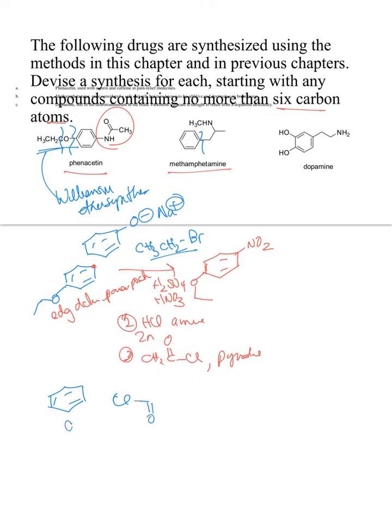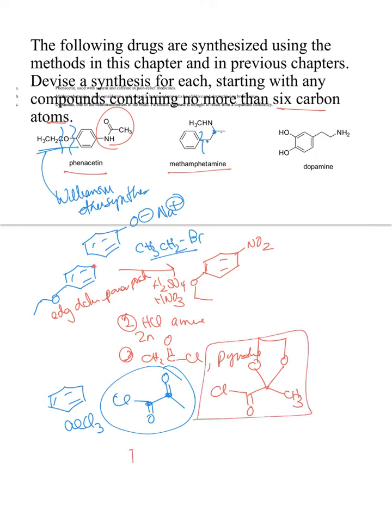So you know when you do Friedel-Crafts, you need aluminum trichloride and an acid chloride. So 1, 2, 3, 1, 2, 3. But you're not going to have that ketone there, so you're going to have to do something like this with protecting groups. So you're going to have to do an acetal. So you actually use this molecule to do your Friedel-Crafts acylation, and then you would have something that looks like this, and then you could add H3O+ in water to hydrolyze